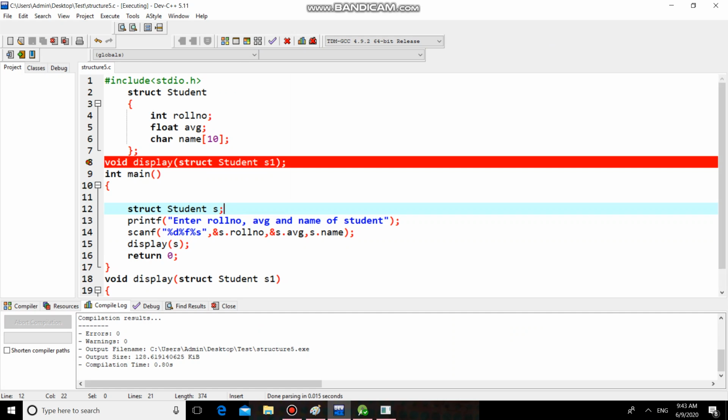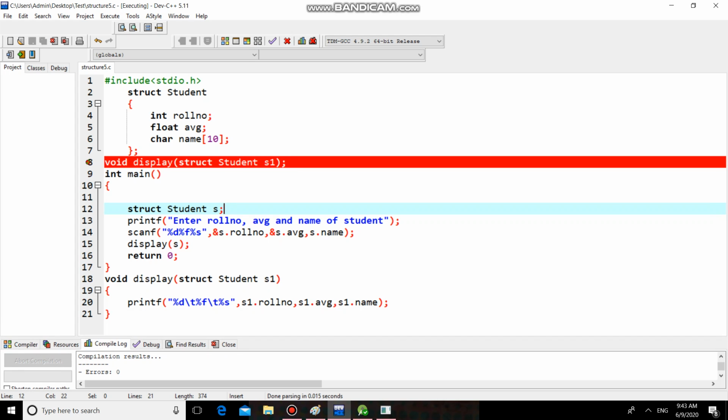So that's all from my side. This is the second method of passing structure to function, by passing the structure variable to the function. Here we are passing the copy of